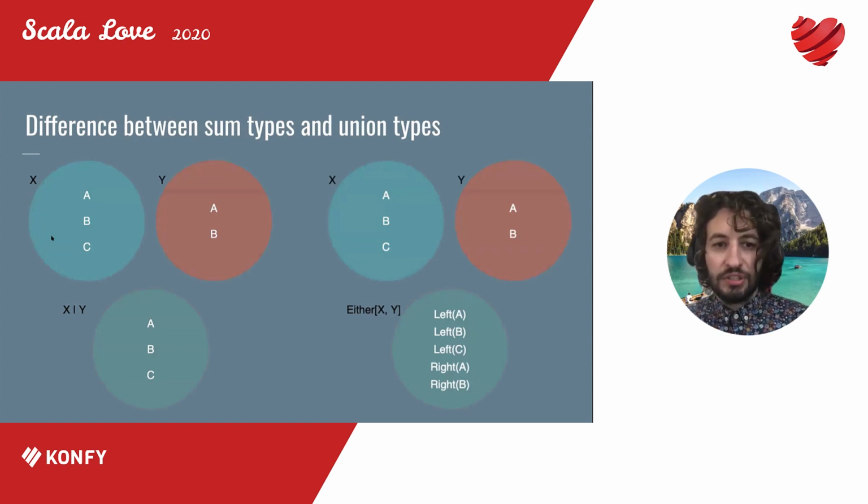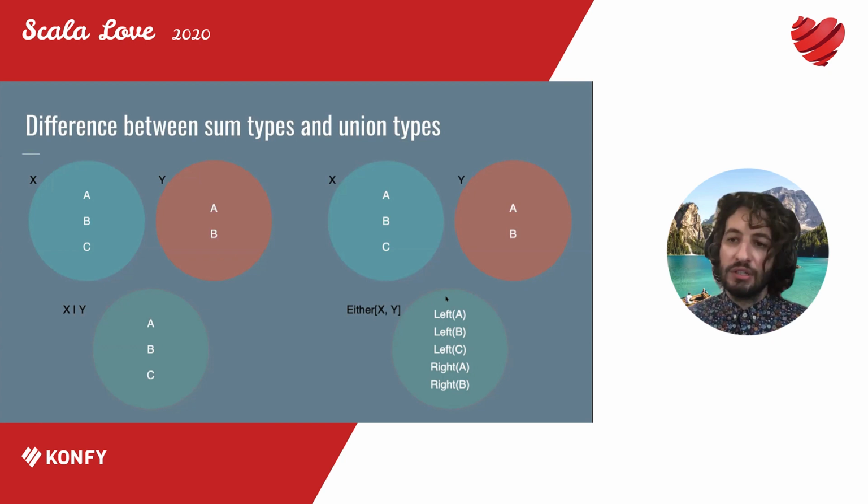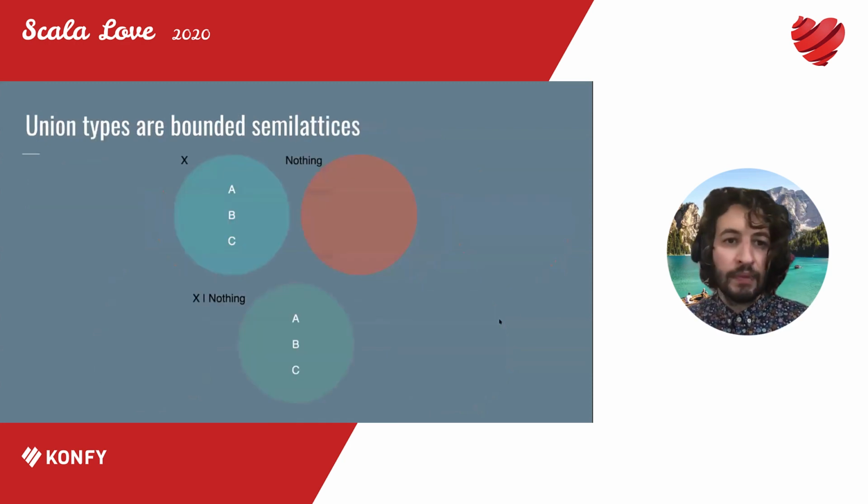And yeah, these are the differences between sum and union types in this Venn-ish diagram, where if we form the union type right here, this is just A, B, and C, and we only have 3 inhabitants, whereas here we actually have 5 because it matters if it's on the left, and we can actually look if it's on the left, whereas here we can't, we don't see if it's on the left or not. Yeah. And this is the difference between, again, the union and the disjoint union in set theory.